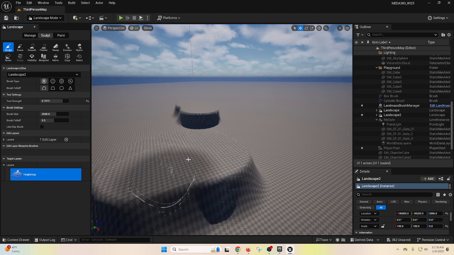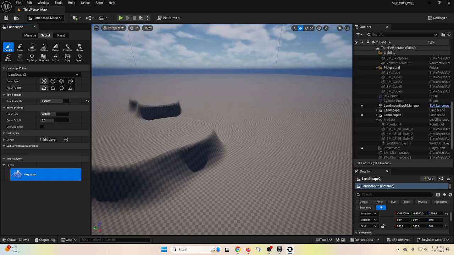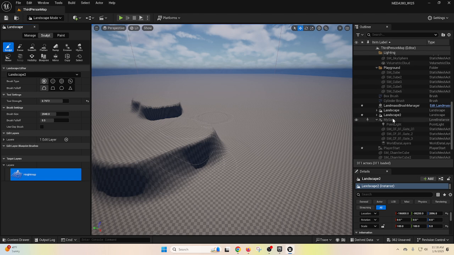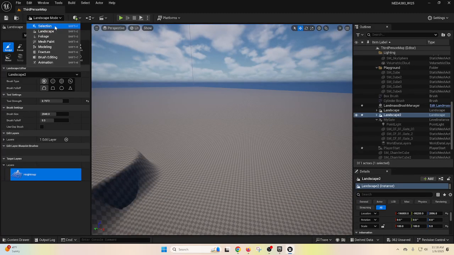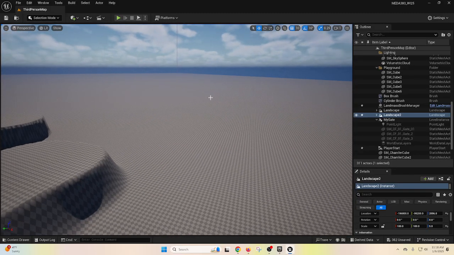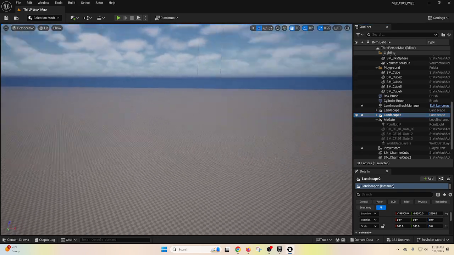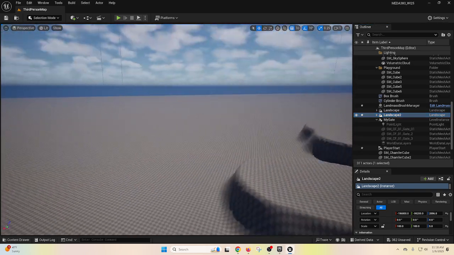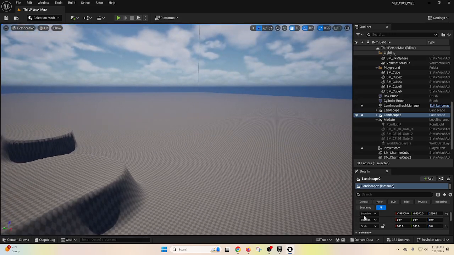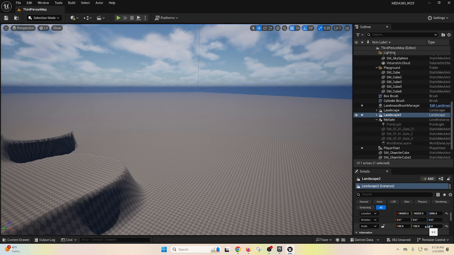Oh, huh. It's kind of odd. Why won't it let me sculpt? Unless, oh, it's the second one. It keeps flickering. It's because the square is